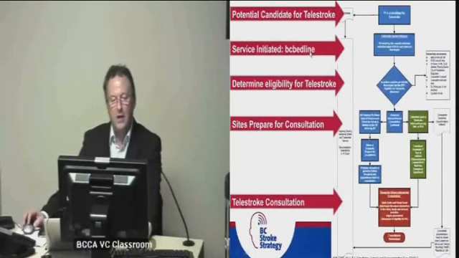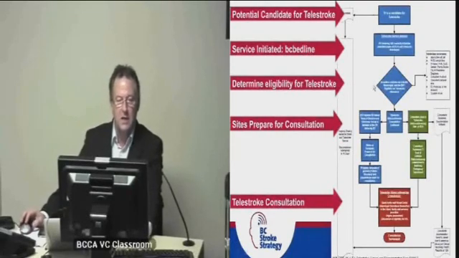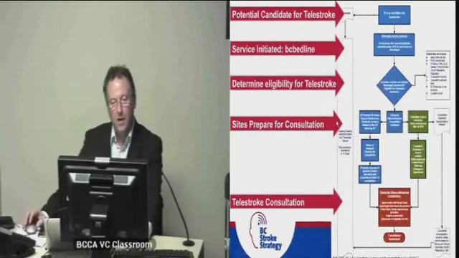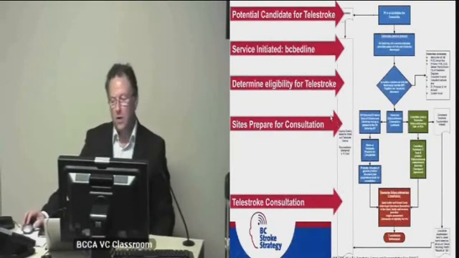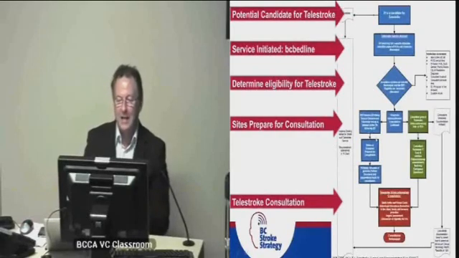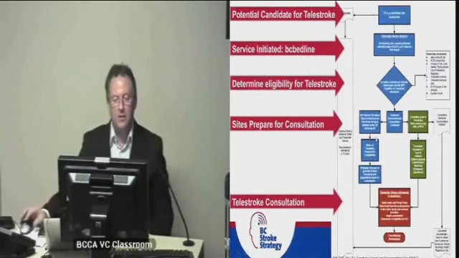Then there's a communication that goes on where there's a brief screening process where it's determined whether or not this individual is a candidate for telestroke or whether it's just an advice call. Subsequently, you prepare the sites for consultation, so the consultant will go to the room where the video setup is. The cameras will be placed, of course, at the sending site. The CT scan will have been done. Appropriate blood work is in progress, and the telestroke then